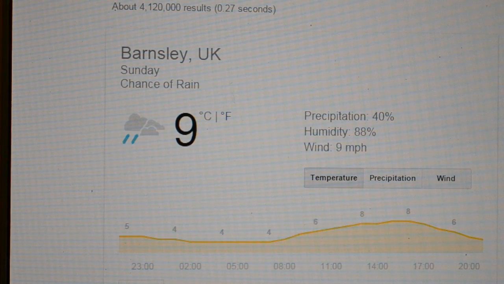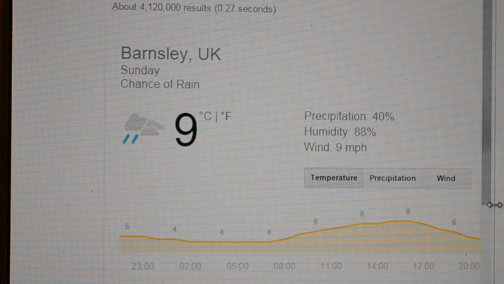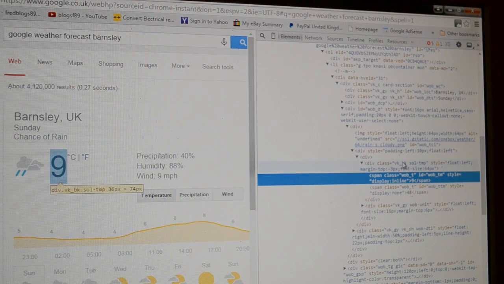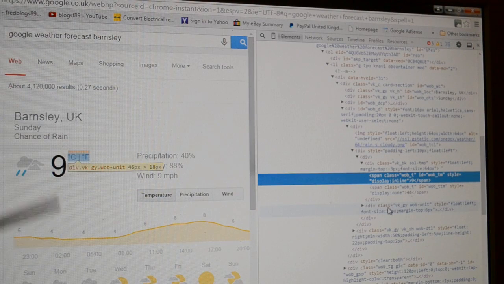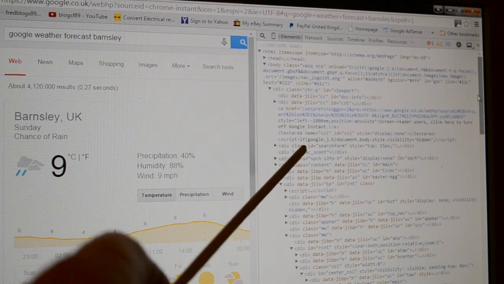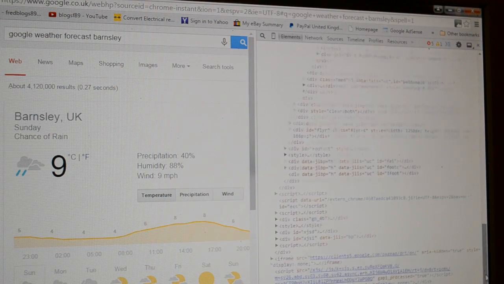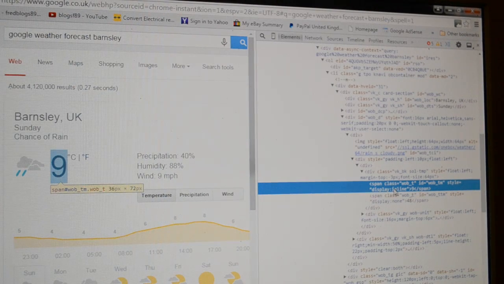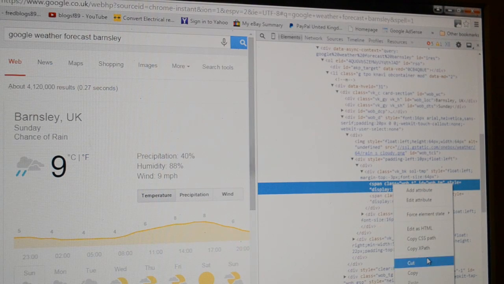wait for the element to come up, pull this element over. On the right hand side here is that path to that 9 degrees, so if I move up and down you can see the various strings for various bits of data on this web page. Now on the right hand side you will see there's thousands of bits of data, or thousands of bytes of data, including pictures. Now a microcontroller would struggle to parse all of that. I only want this one bit of data. So on this highlighted part, right click, copy XPath,